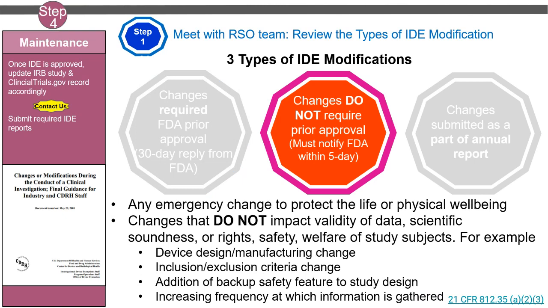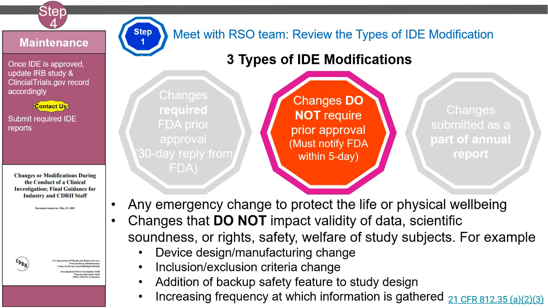IDE amendments requiring a 5-day notice. This is category number 2 in the amendments, and this is governed by a different set of regulatory specifications, which cover multiple scenarios. For example, any emergency change to be introduced for protecting the life or physical well-being. And then a device or protocol changes not impacting the data validity, scientific soundness, and those not affecting the subject's